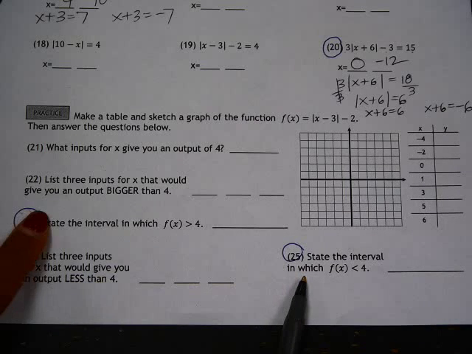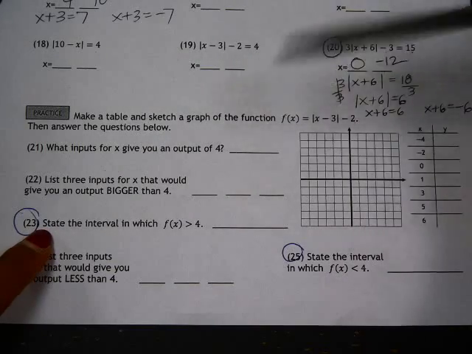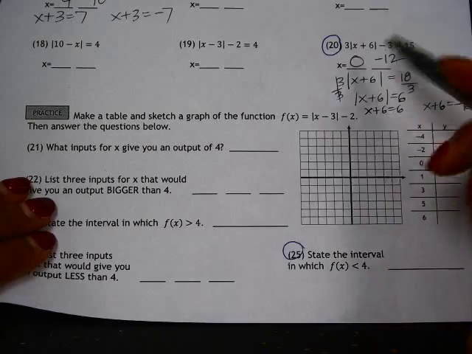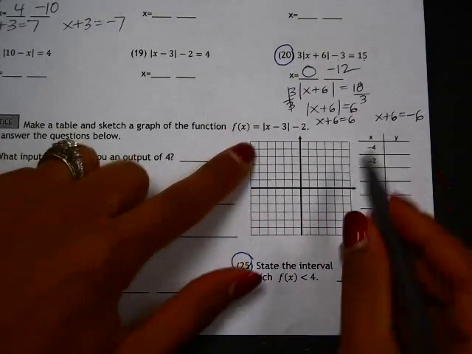Okay, we're going to look at 23 and 25. Before we can do those, we need to make a table and sketch a graph of this function. So plugging in the x value, we're going to evaluate the y value. So when x equals -4,